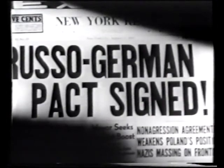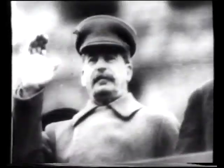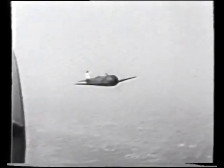Given that Hitler had already stated his ambitions in the East, and the fact that the ideologies of Russia and Germany were so opposed in theory, it's hard to imagine how the non-aggression pact signed in the summer of 1939 could have had any real influence. In fact, both sides merely used it as a breathing space, a time for Russia to consolidate and for Germany to expand westward. As the 190 was only seen as a backup to the Messerschmitt, there was time to perfect